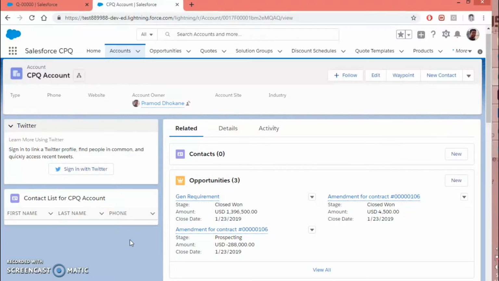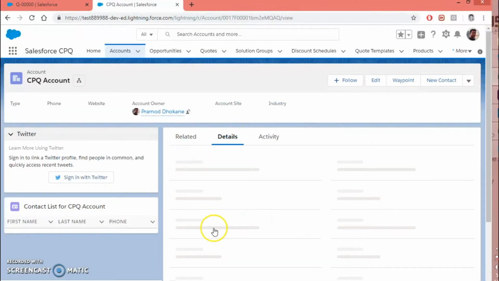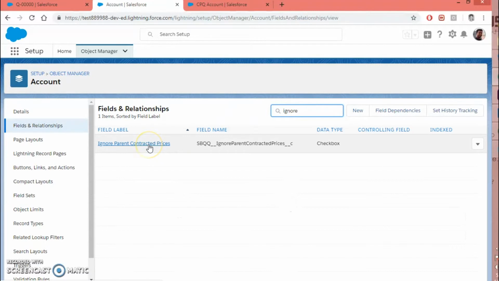You can change that behavior. If you do not wish to take the price from the parent account, there is an additional field on the account itself called Ignore Parent Contracted Prices. This is a checkbox, you will need to get it on the page layout, and if you mark this checkbox as true, it will prevent applying the parent contracted price for all its related products.